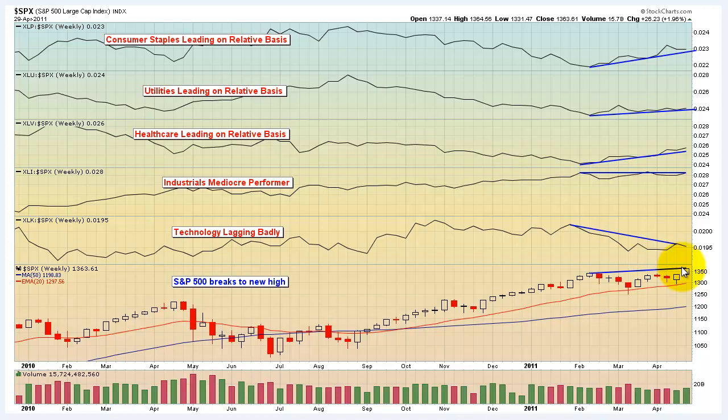What you want to see in terms of determining a sustainable move in one direction or the other, whether you're long or short, if you're long and the market's moving up and you want to determine whether or not that move is sustainable, one of the things you need to do is to look at the sector performance on a relative basis and see what is leading the market. Now, if you take a look at the August advance through February, you'll see that during this move to the upside, technology,